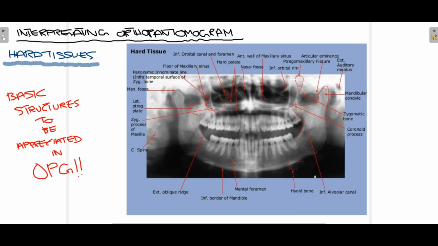Just anterior to the mandibular condyle you can see this bulge-like structure. This is your articular eminence, and it forms part of the temporomandibular joint. This is your pterygomaxillary fissure, somewhat an inverted teardrop shape. Next we have the inferior orbital margin, the lowermost part of your orbital rim. And finally you can see the maxillary sinus present bilaterally. The radiolucencies are present bilaterally, and the maxillary sinus is important especially when you're performing extraction of upper maxillary molars.